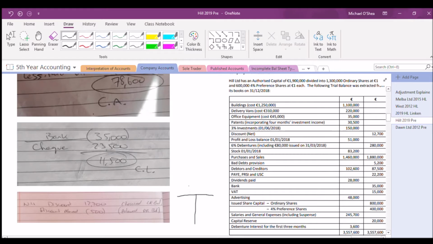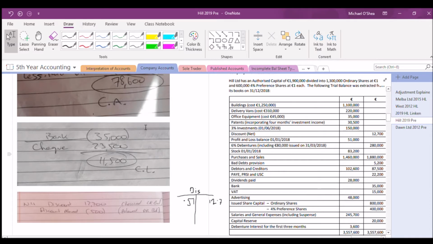So this is the discount account here. I'm just going to do this nice and quickly. This is the 12.7, I'll just say. That is the discount that's already been shown, the 12,700 that we see here on the right side. And now I'm looking here at discount allowed. So it told us that we have allowed a discount. Discount allowed is a debit side because it's an expense. I'm letting the customer off of 500, so I'm going to put in 0.5 there. So essentially you're taking away 500 from the